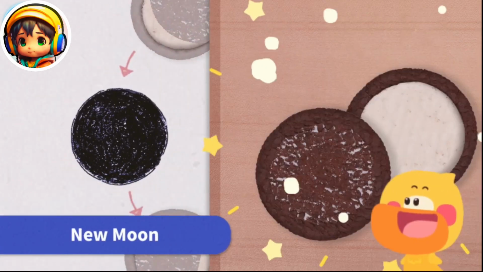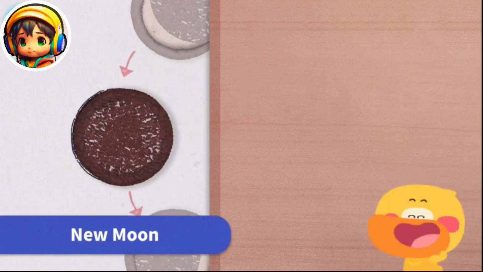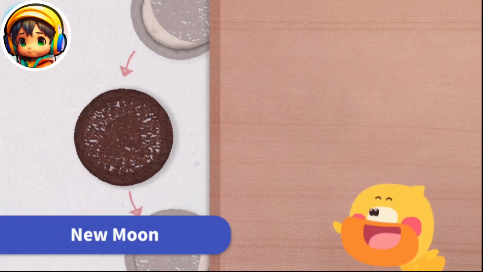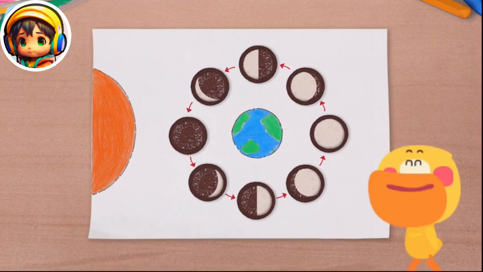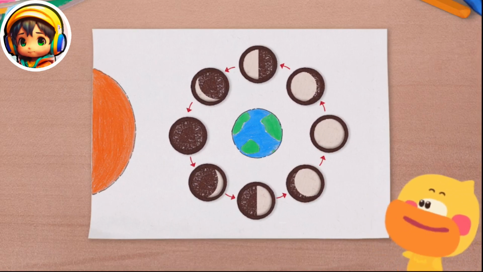New moon. The new moon is... That's right. A cookie without a filling is like a new moon. We are done with the cookie moon phases diagram. Good job, kid. Look, the moon always gets bigger from a new moon to a full